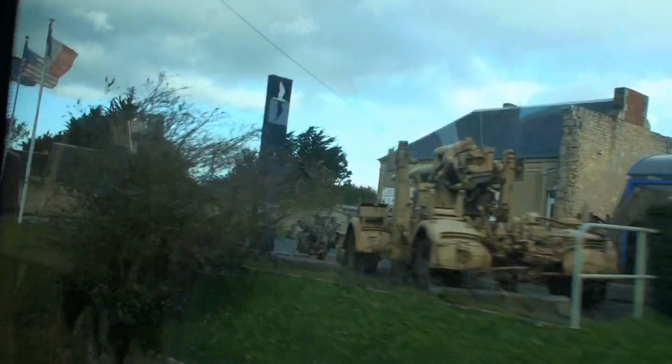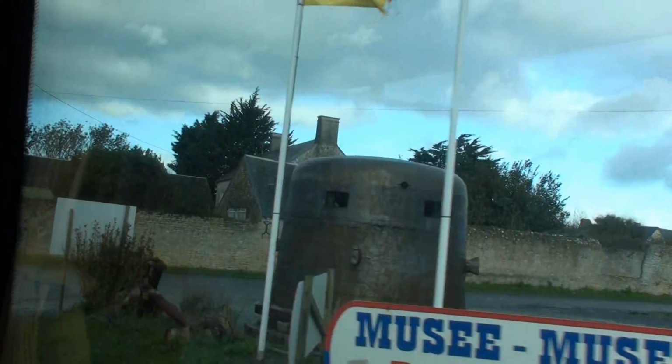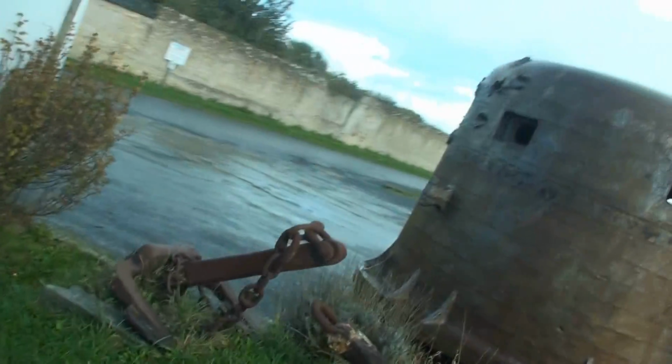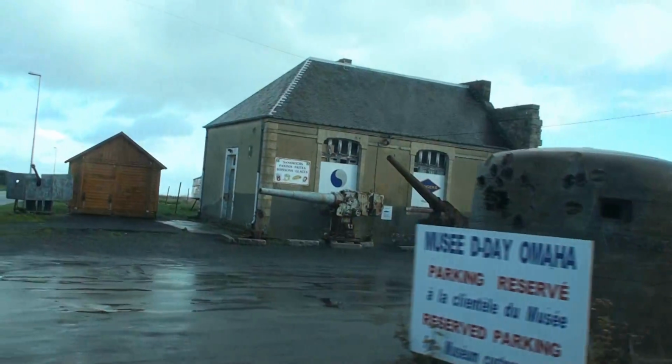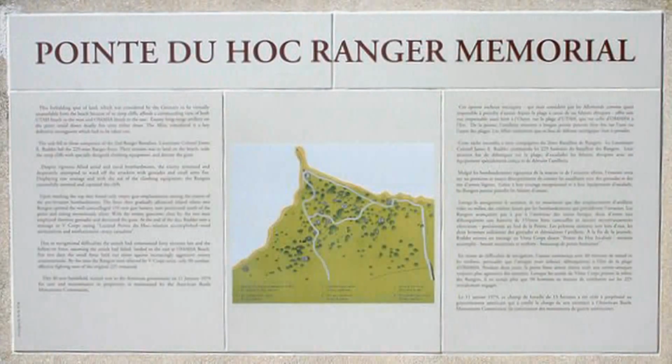Just outside you can see a German anti-aircraft gun, first on the right hand side, and two German pillboxes, part of the Atlantic Wall. The one just on the right hand side with some holes, some bullet traces on the side, weighing 60 tons of steel. At La Pointe du Hoc, so this cliff,